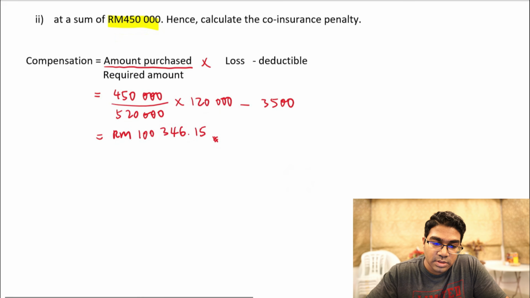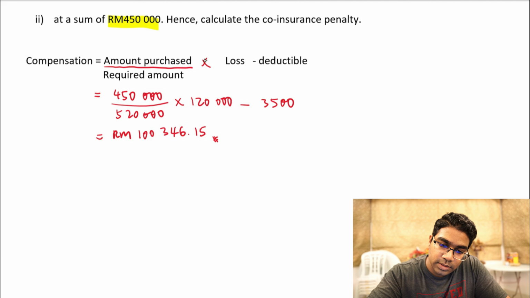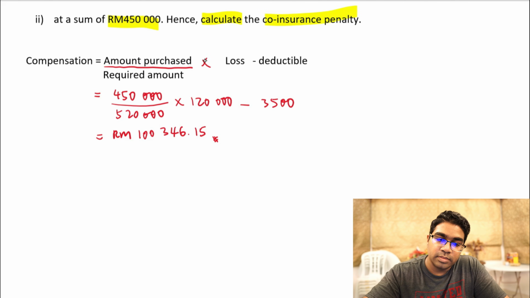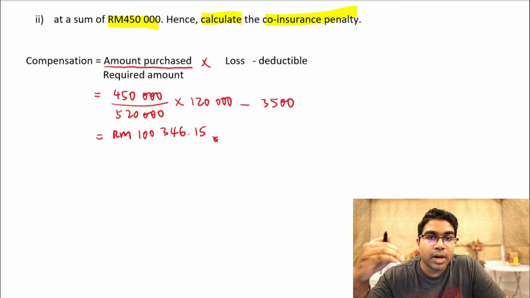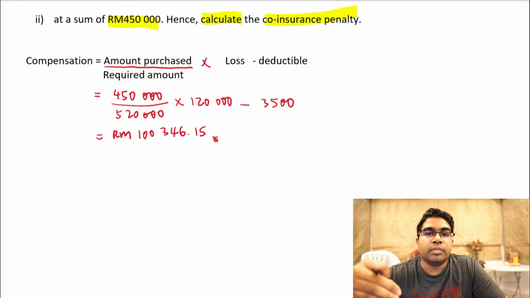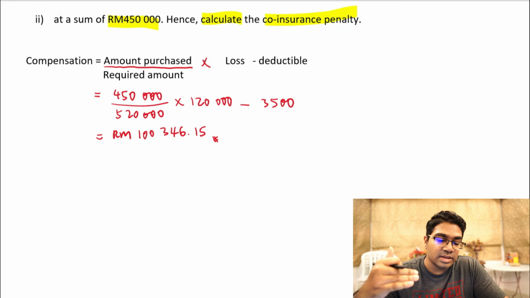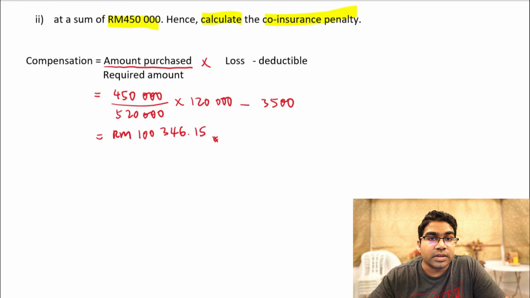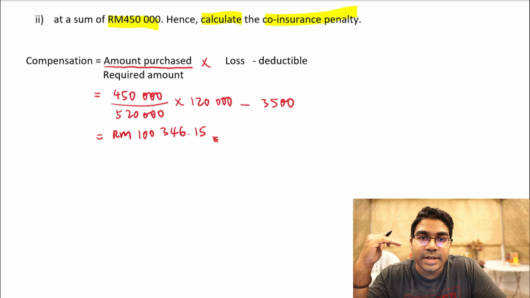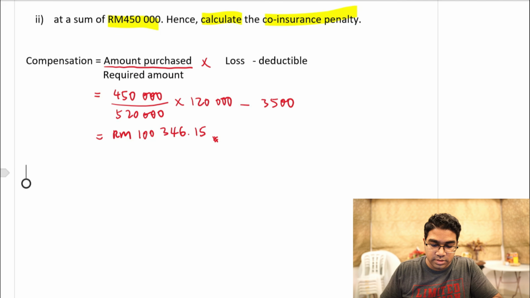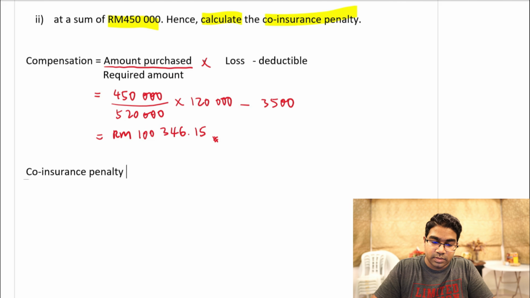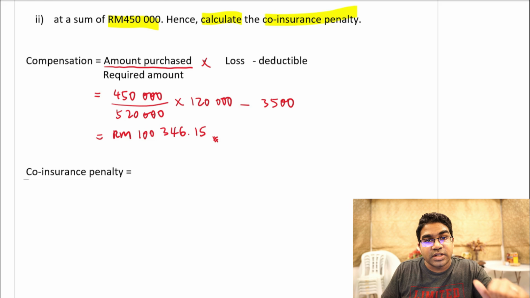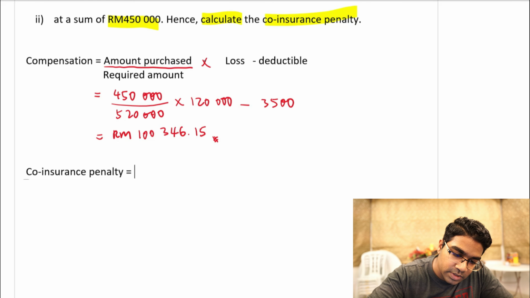And so the question goes on to ask you to calculate the co-insurance penalty. The co-insurance penalty will be the amount that she lost because she did not purchase the insurance at the required amount. She purchased less. When calculating the co-insurance penalty, we don't consider the deductible. And so co-insurance penalty will be equals to the amount that she should have been compensated for, which is 120,000 if she bought the full